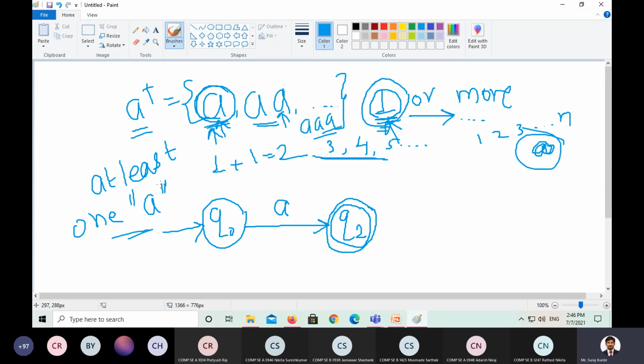A as an input, at least 1, which means it can be 1 or more than 1. So whenever it is 1 or more than 1, what we can write is: A, epsilon, double A, 3 times A, and so on. Now whenever the first A is there, a single A, it is followed by epsilon. Whenever we write this one, it is equal to A.